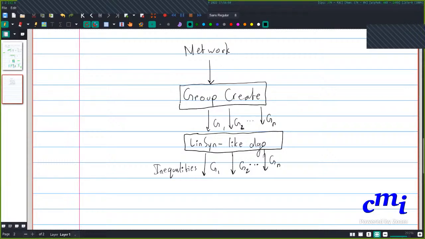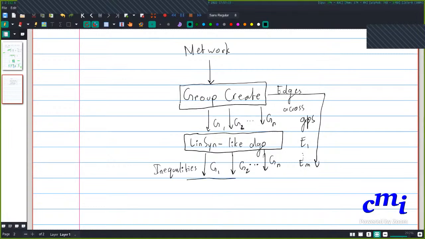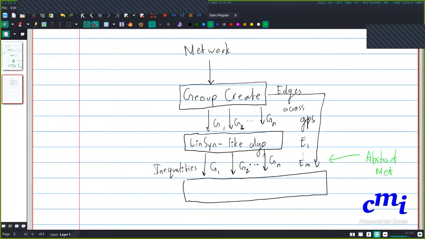Along with the groups, there are also going to be some edges across groups, which is going to give us some constraints E1 to EM, let's say. All of these, this entire set of constraints, is basically going to be our abstract network. And all of this is going to go into ReLUplex.